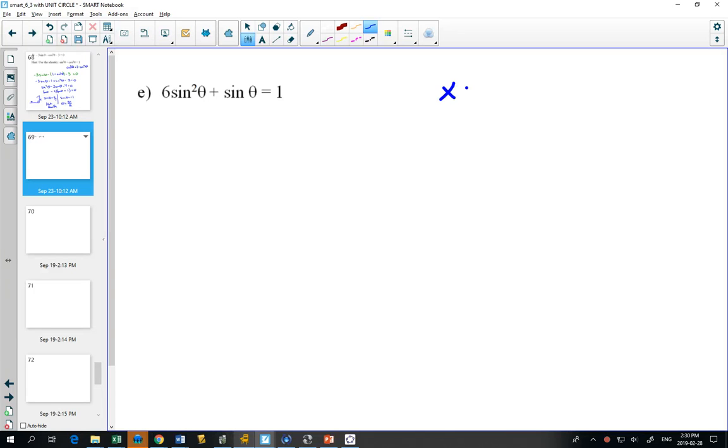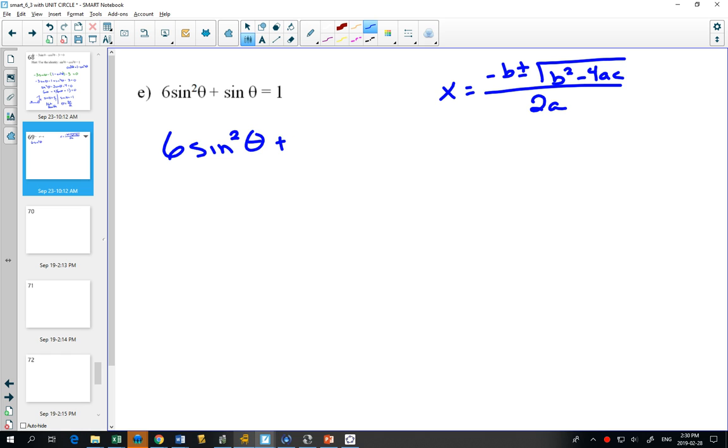I'm going to rewrite the quadratic formula up here as well. And first of all, whether you're using the quadratic formula or factoring, that can only happen if your equation is equal to 0. So the first step is we would need to move the 1 over to make it equal to 0. Now, as far as factoring goes, if I were going to factor this, it is a little bit